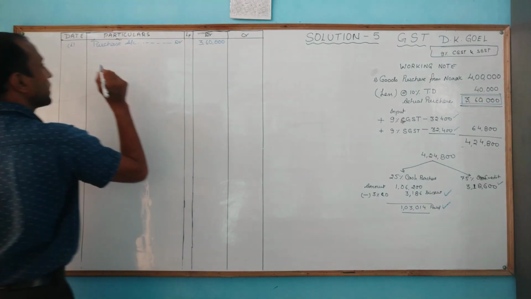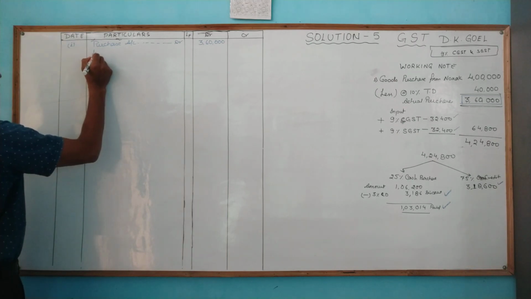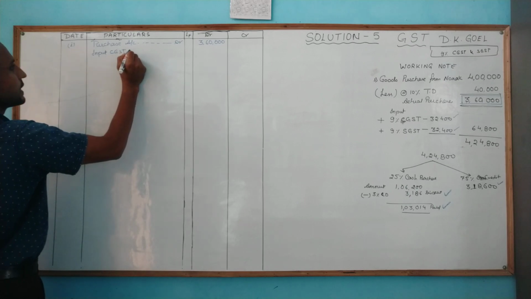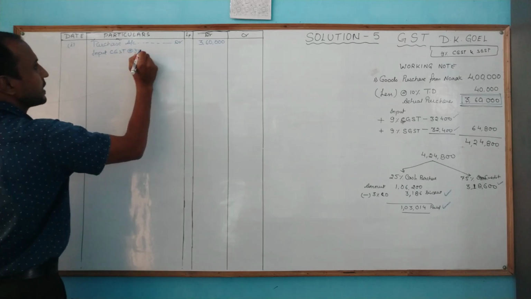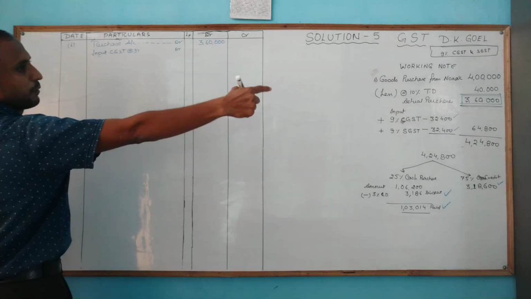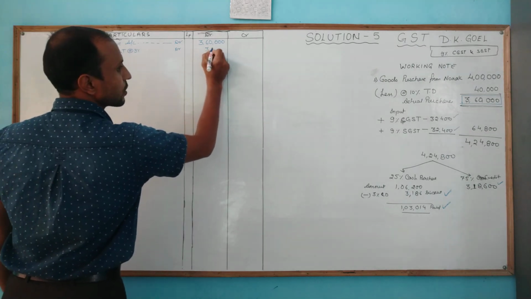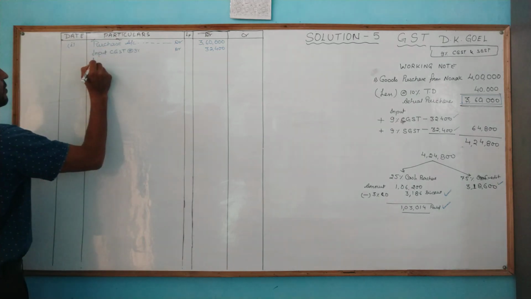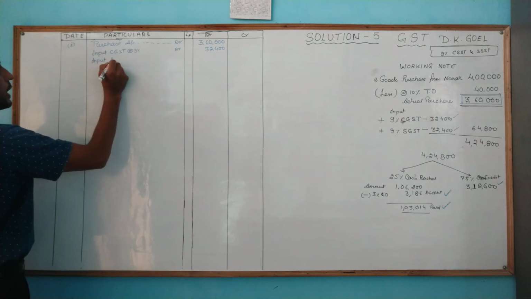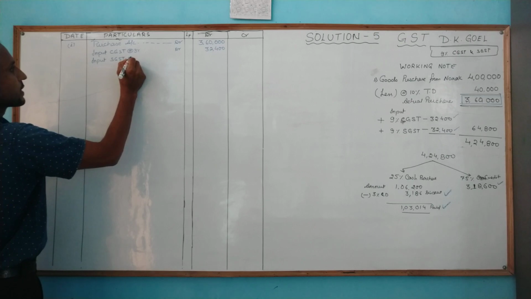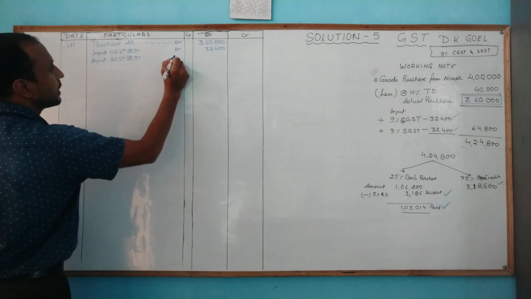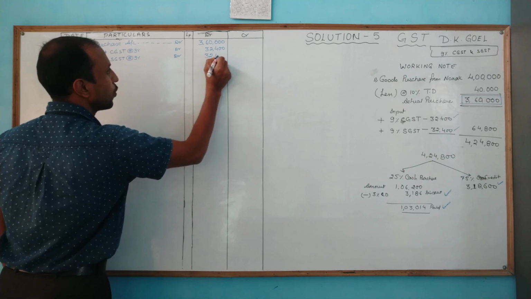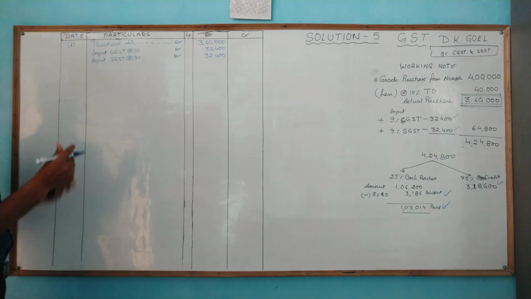3,60,000 purchased here. Now in this purchase there will be input CGST at the rate 9%. So this is also a debit part, input from there, you can see, that is of your 32400. Now again you have input SGST at the rate 9%. This is also your debit amount, and this is of your 32400. It is clear? This is your debit.